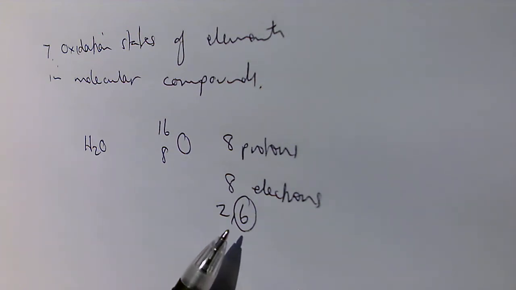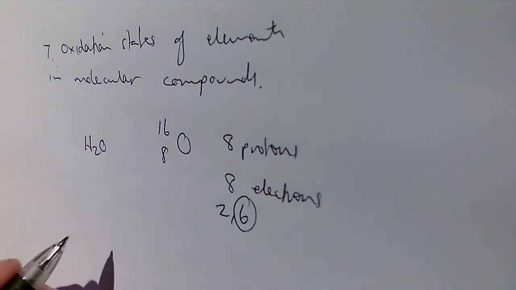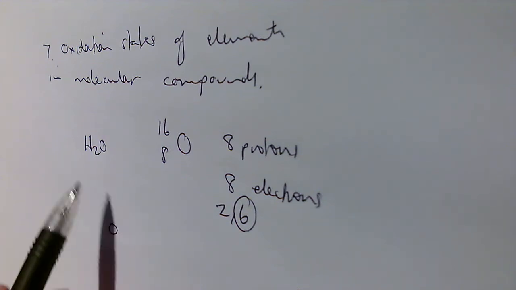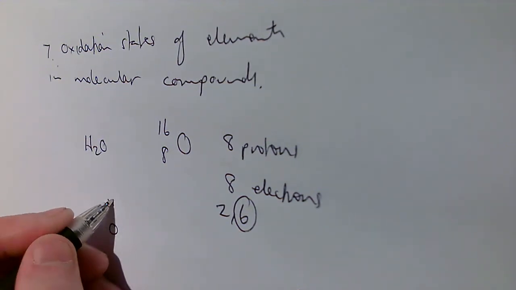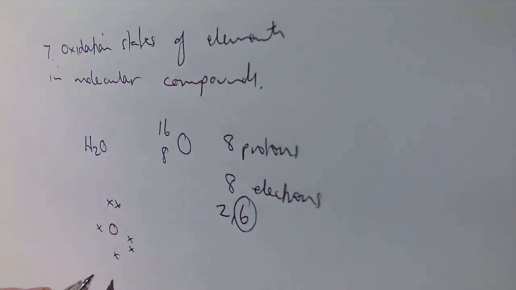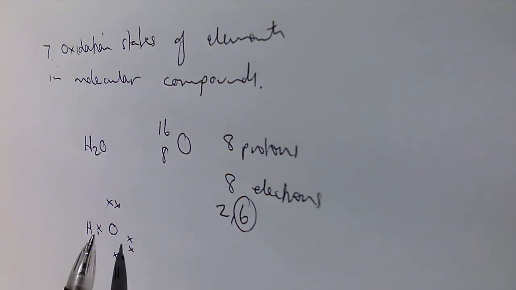And the reason oxygen atoms like to react with things is because they'd like a full 8 electrons in their outer shell. Well, if we look at our dot and cross diagram for water, I take my oxygen. Oxygen's got 6 electrons in its outer shell, 1, 2, 3, 4, 5, 6. Then it covalently bonds with 2 hydrogens. The oxygen now in that molecule, it still has